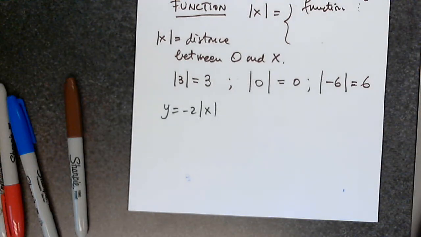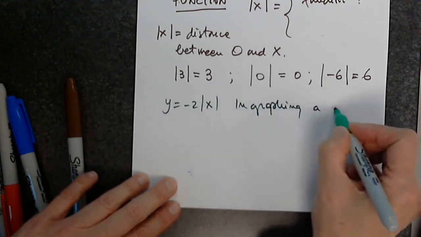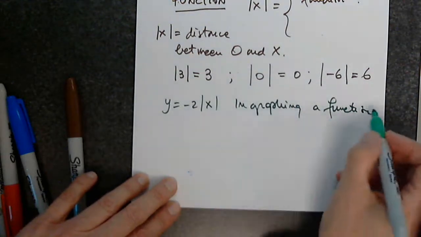Okay, so let's say I want to take a flight to New York. What is my first question that I ask myself? How far? Right, but if I have the money, right? Do I have the money to pay for the ticket or not? So the same thing here. Do I have the input? What is the input? What can I plug in this function? Where does this function exist? Because functions do not always exist for all real numbers. So my first thought, in graphing a function, first step